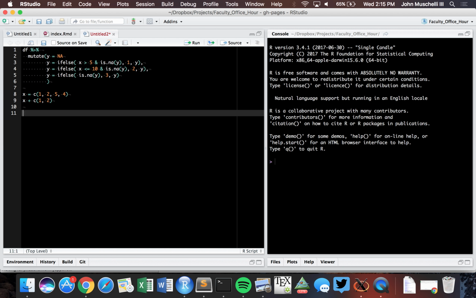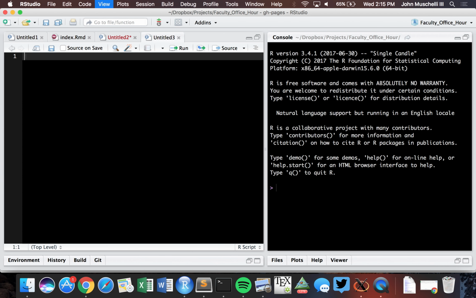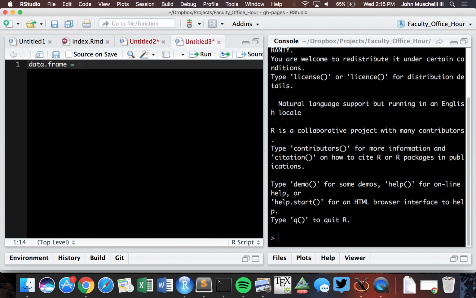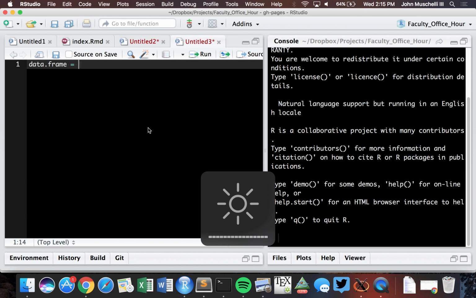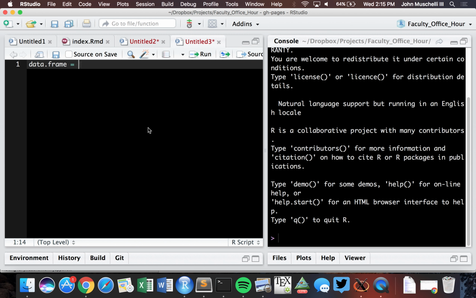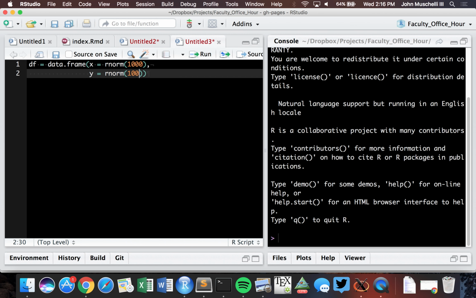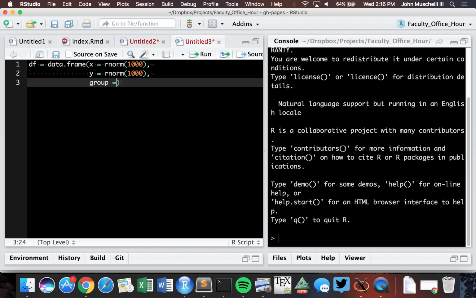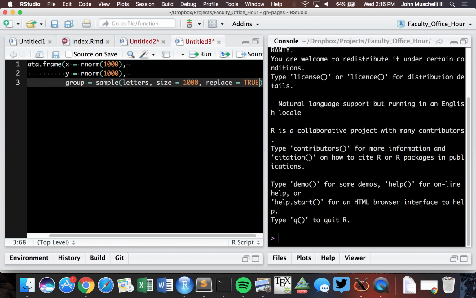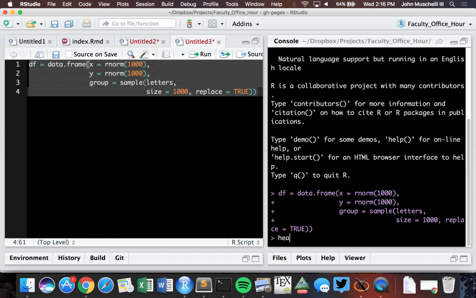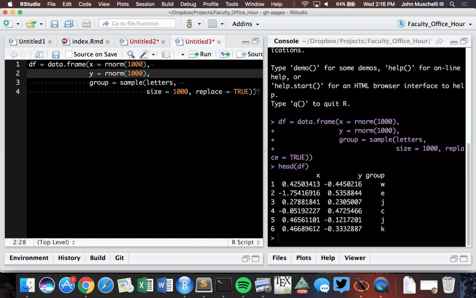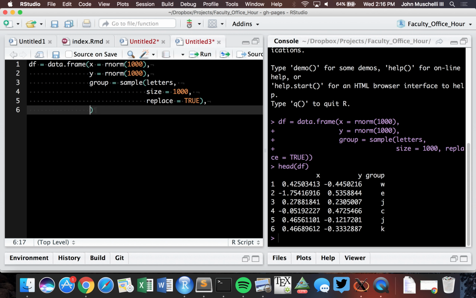Okay. So let's say you have some data where df is data.frame, x is rnorm(1000), y is rnorm(1000), and group is sample(letters, size = 1000, replace = TRUE). Okay? So, I didn't say, we can even say stringsAsFactors